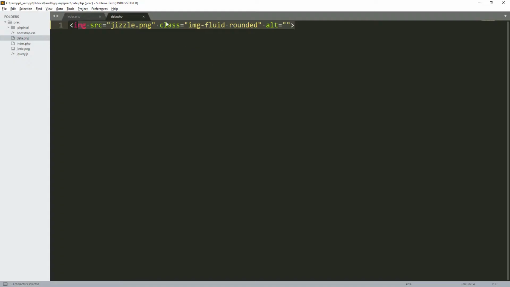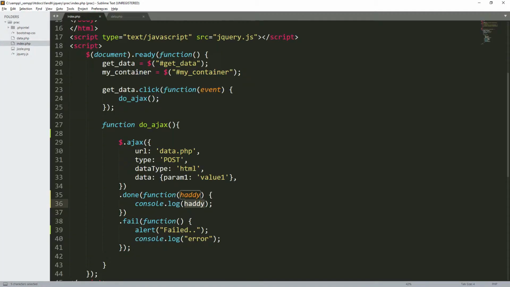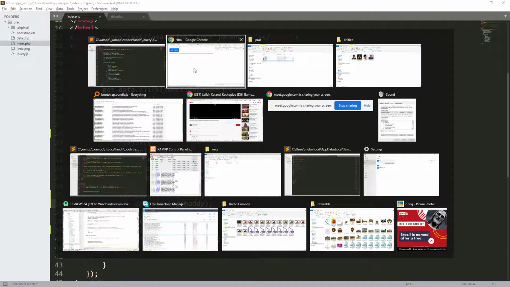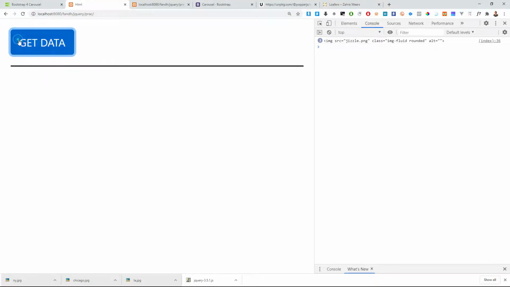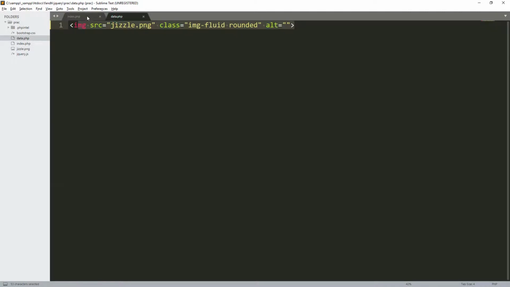When I click, it comes and runs this file, and whatever is displayed, we receive it inside this Hardy in the function of success, and we put it in the what? In the console. Can you see? So if they are the same, then it will be 1, 2, 3, 4, and they'll increase. Remember, as well, I do not understand here. Did you understand?